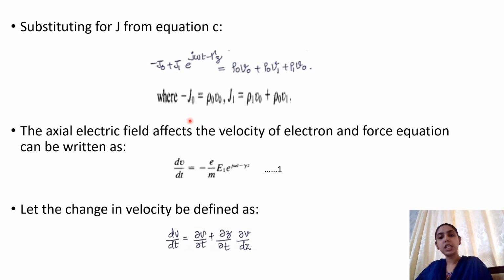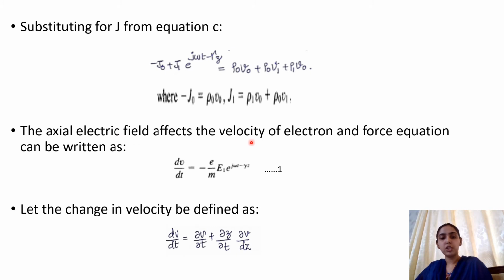Now since the axial electric field which is induced in the electron beam is going to act uniformly over the whole length of the tube, the current density J could be approximated to this convection current in the tube. So that is why we have written all these expressions for the current density J0, current density J1, etc. Now let us go to the force which is acting.